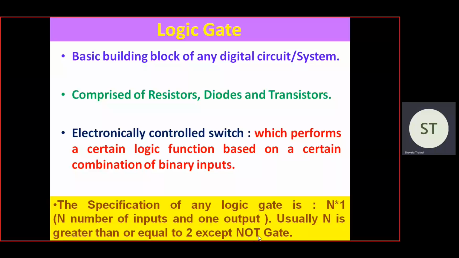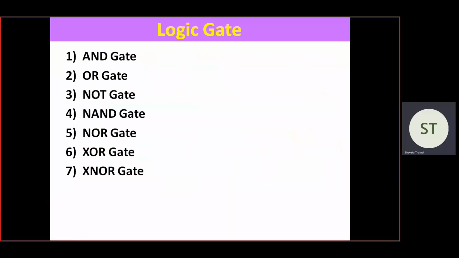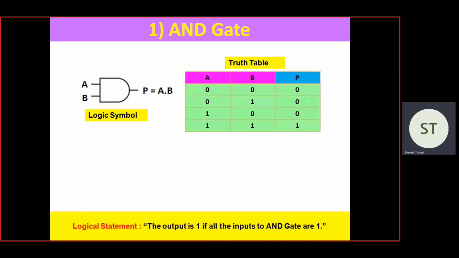The NOT gate is the exceptional gate that works on a single input. So in total we have 7 logic gates: AND gate, OR gate, NOT gate, NAND gate, NOR gate, XOR gate and XNOR gate. The first gate is the AND gate, and we will discuss its logical symbol,